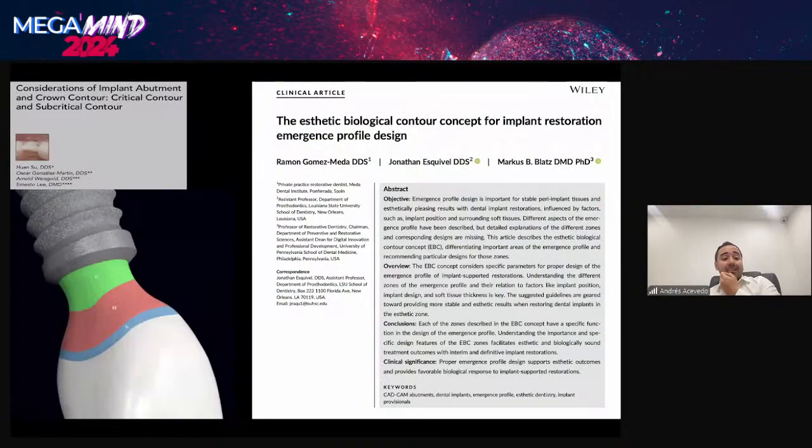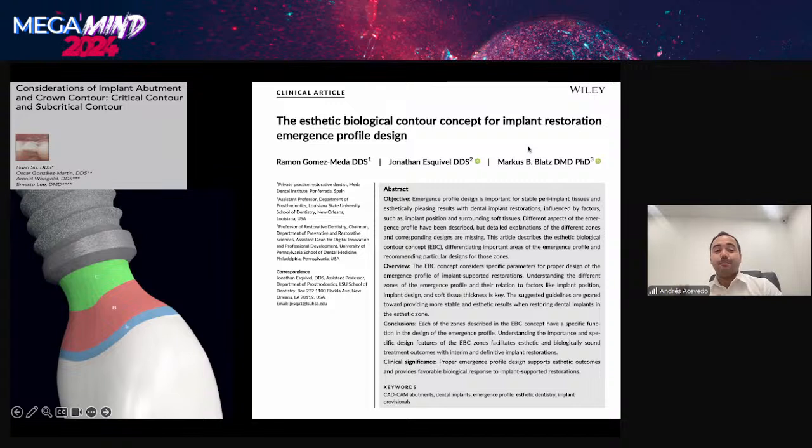Based on the literature, in 2022, Ramon Gomez Meda, Jonathan Esquivel, and Marcus Blatz published the article that has had the most citations in the last 2 years in the world, talking about those areas that must be respected to